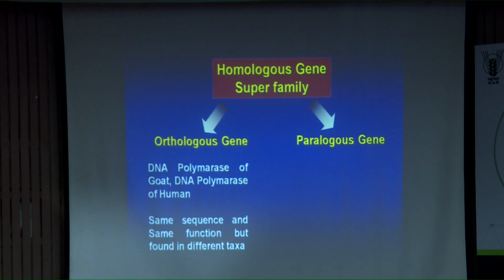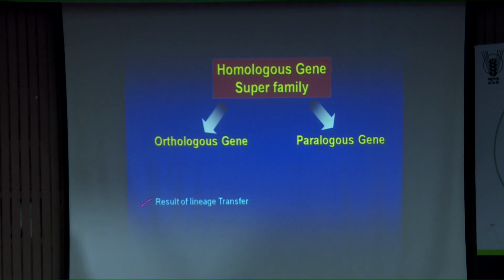What do you mean by orthologous gene? Like DNA polymerase of goat, DNA polymerase of human. These have the same function, same kind of sequence, but they belong to different taxa. In that case we call them orthologous genes, and they arise as a result of lineage transfer. So, during the process of evolution, when there is a lineage transfer between different species, then this kind of orthologous